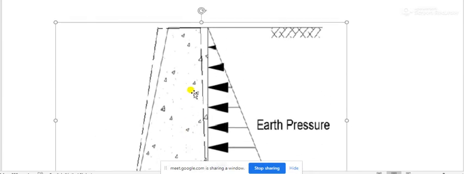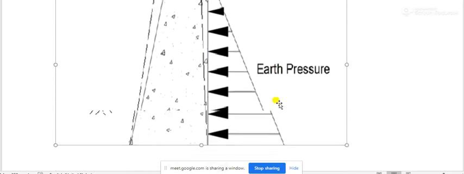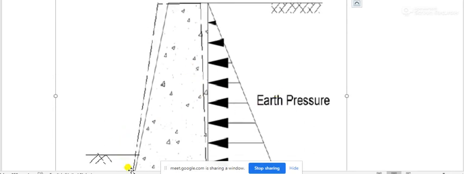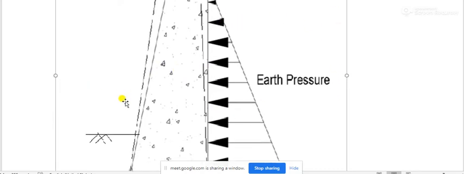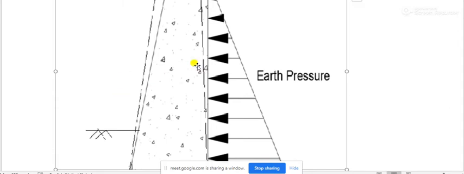This is a similar picture, with only one difference, that is this movement. This dashed line is representing the movement of the retaining wall away from this backfill. This is the picture for active condition, and if this movement or deformation of this retaining wall or this soil